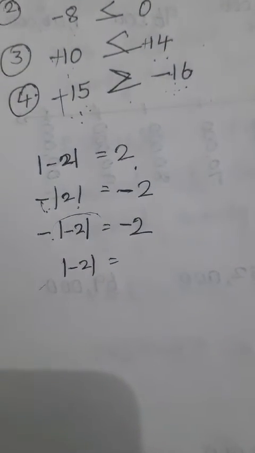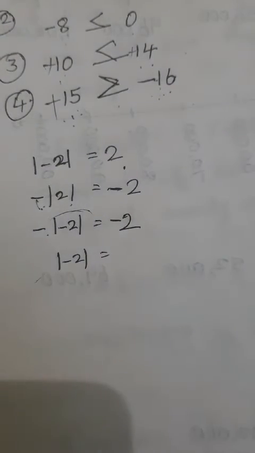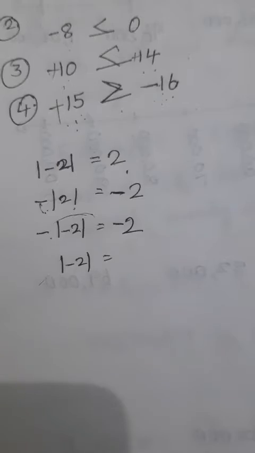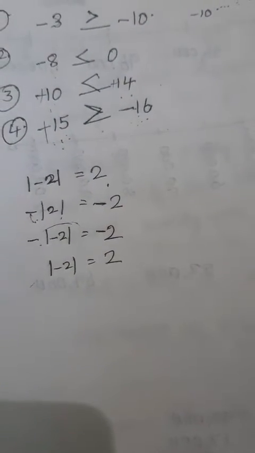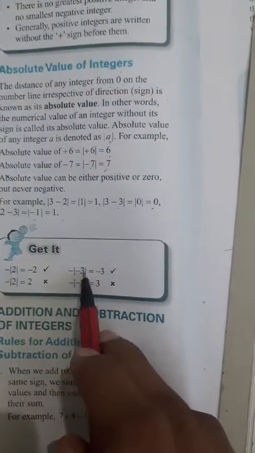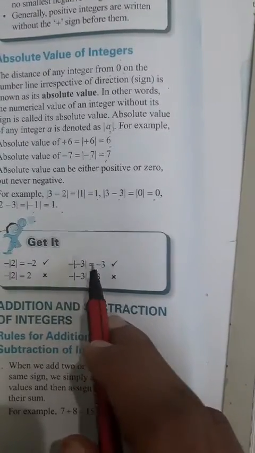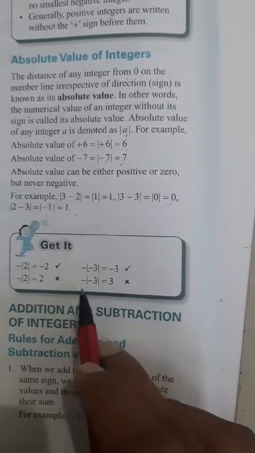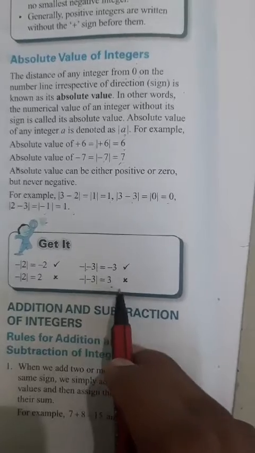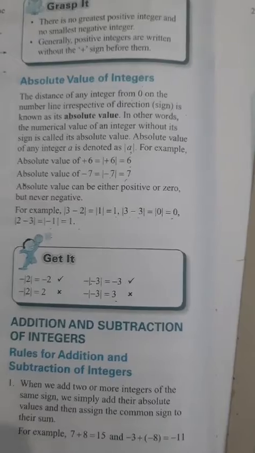Now we can see for this the absolute value of minus 2. Outside there is no minus, no plus, nothing is there. So the absolute value of minus 2 is 2. Understood? So in this also they given C. Absolute value of this minus 3 becomes 3. Outside one minus is there. So minus 3. This is the correct form. See, they written 3, that is the wrong answer. Now absolute value of integer is done.